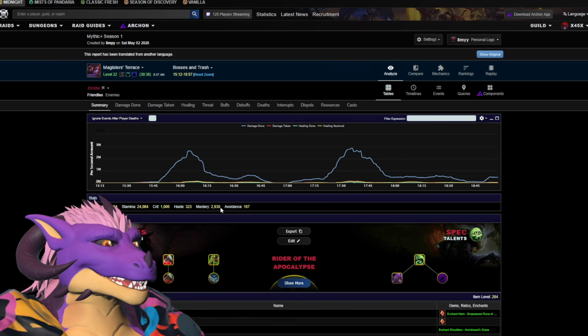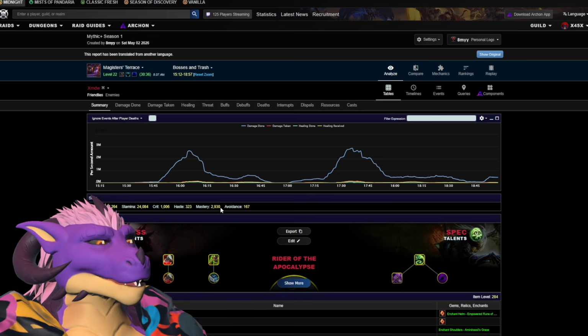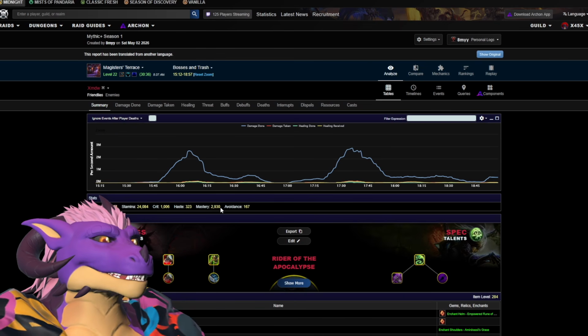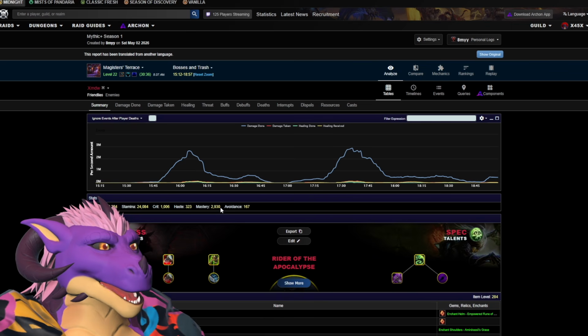Now I know that the mastery scaling is important. I wouldn't just reference one player's stats though. I'd bring up more than a few players and see what they had and what they were doing. And actually, when I did this earlier, I found an Unholy player that has 1,000 mastery and 2,000-something critical. And I went, what?